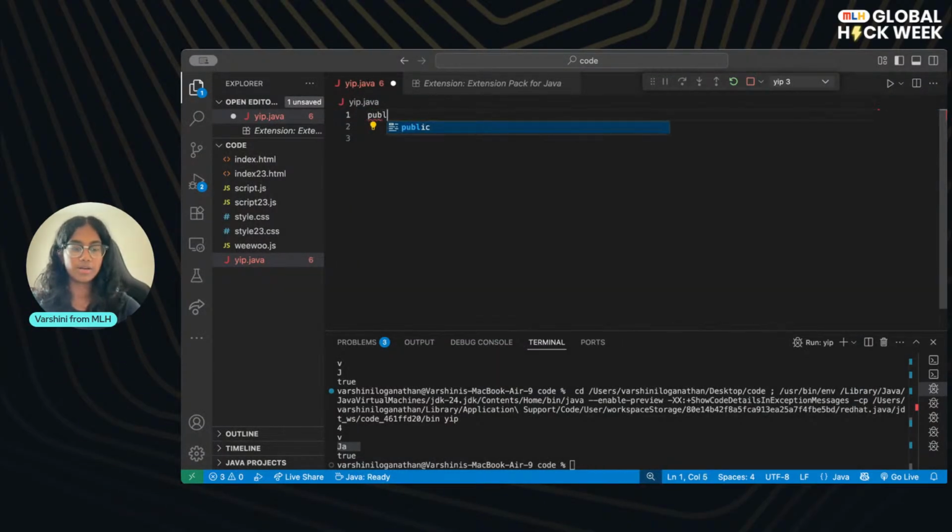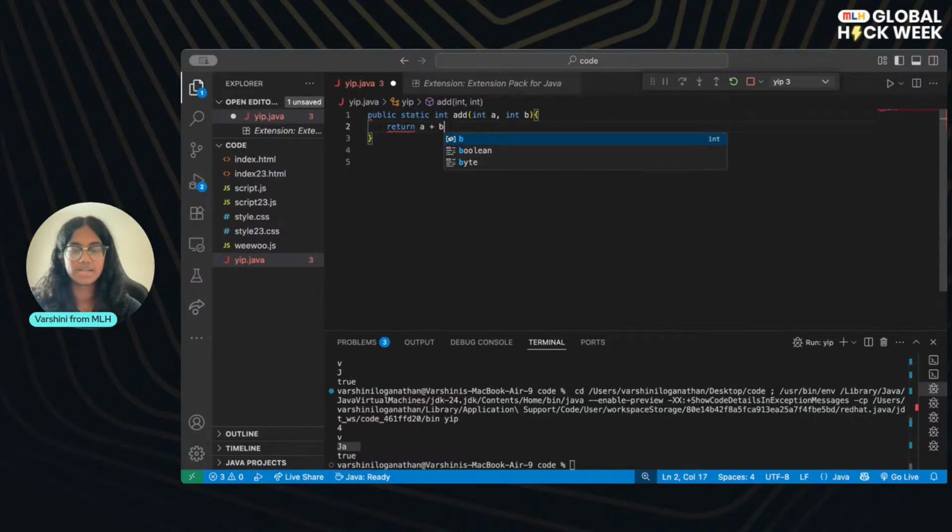So again, we're doing our public static. So let's say we're going to do int add. So here's our method. We do public static. That's just the declarations that we use. We use the data type here, and then we use the name of our method, and then we pass in the parameters, what are going to be used in the method with their data types as well. So here within this method, I'm going to say I want you to return a plus b because I want you to add these two. And boom, there's your method.